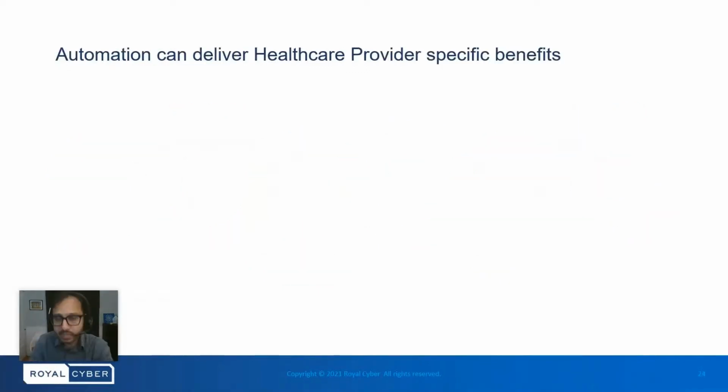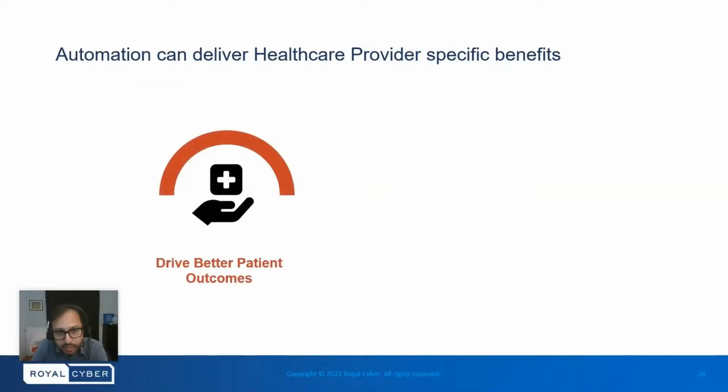Now let's see some examples of specific benefits RPA can bring, or specific ideas for automation. Automation can drive better patient outcomes. For example, reduced high risk pregnancy identification and follow up from 4 weeks to 5 minutes. We can aggregate patient information in real time for an improved experience, build trust through more accurate and timely data,